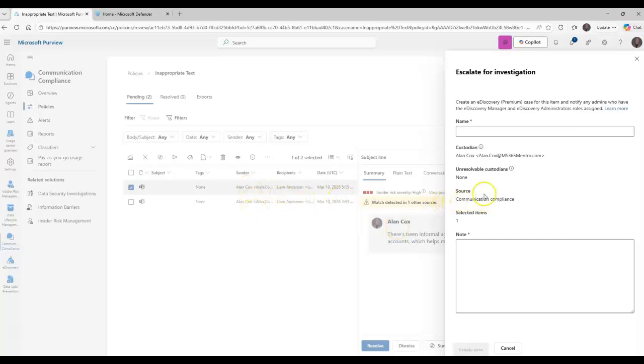The source was communication compliance, unresolvable. Okay, create a case and notify any admins who have the eDiscovery Manager or eDiscovery Administrator role assigned. So in this case, I would then assign, let me see if Liam does. Liam, let's see if Mia. Okay. I think you have to do the, I'm not sure, but we'll say,